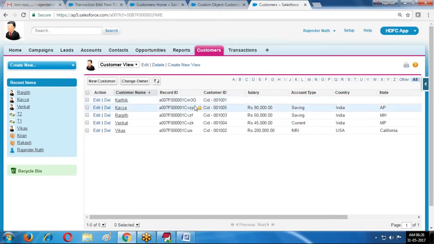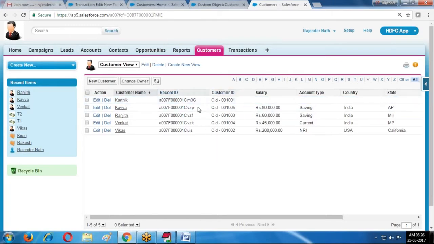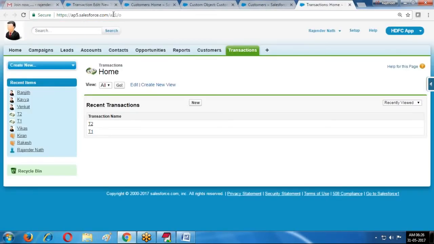Every record has one ID; the system is generating it. That ID is this ID. If it is a custom object, the ID starts with A00. The first object starts with A00, and if it is the second object, A01. You can identify the object from the ID.